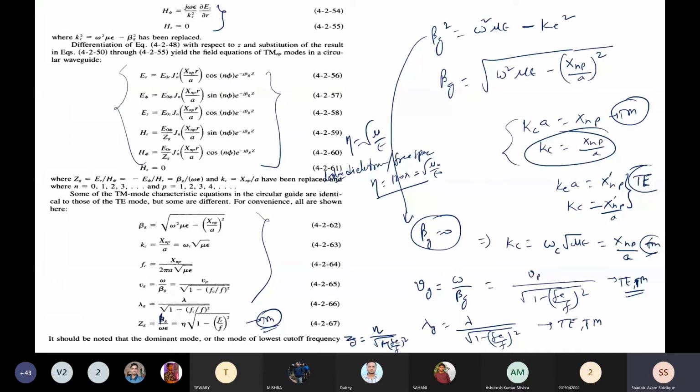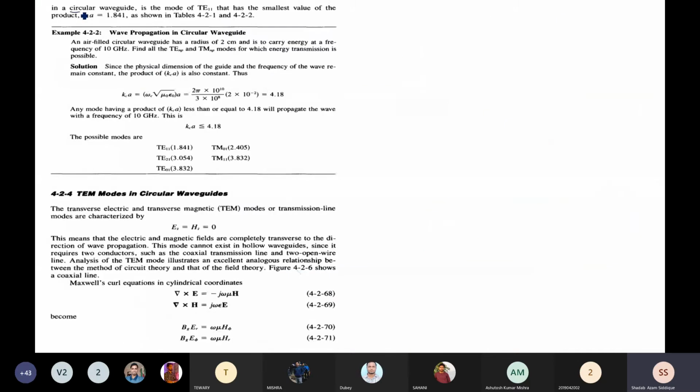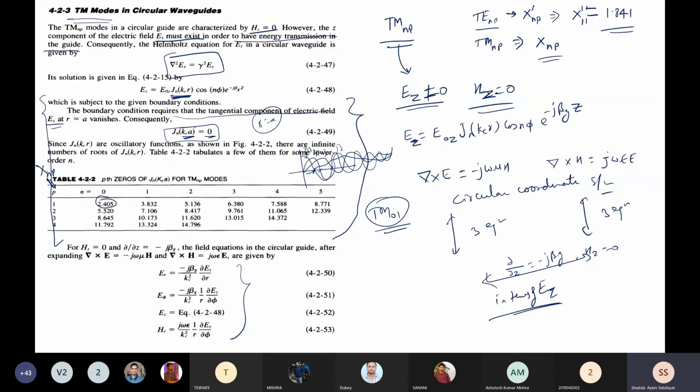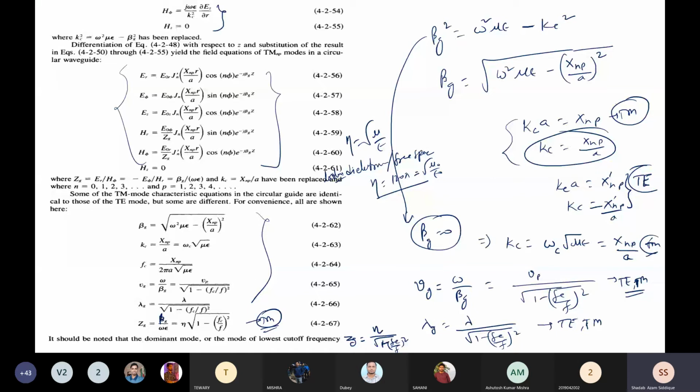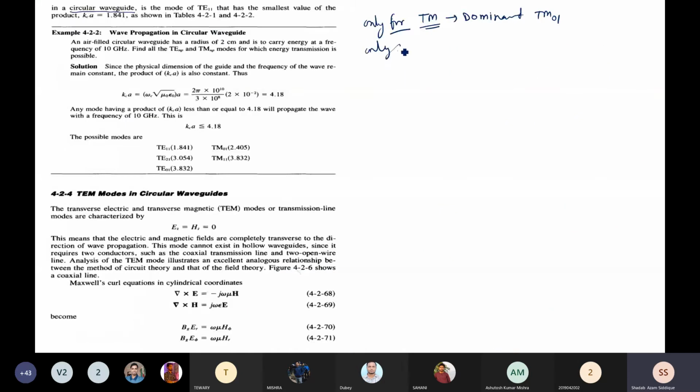Here it is written: it should be noted that the dominant mode, or the mode of the lowest cutoff frequency, in the circular waveguide. If I talk about only the TM mode, the dominant mode will be TM01. You can find TMnp. So TM01 is there. If you talk about only the TE mode, the dominant will be